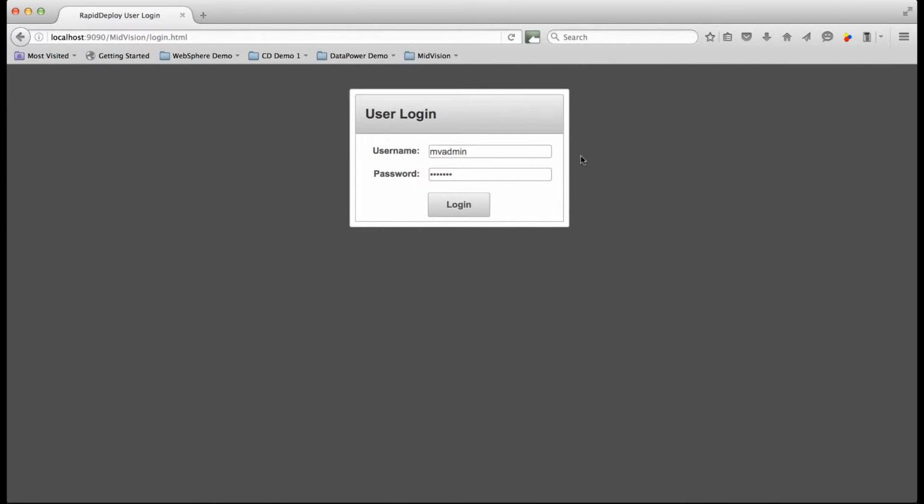So in RapidDeploy it's possible to compare packages over time so that you can see what's changed in your deployments, or what is going to change in a deployment that you haven't yet carried out. So if we log into RapidDeploy